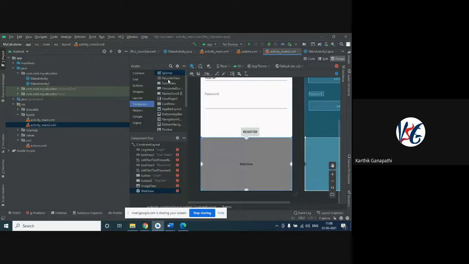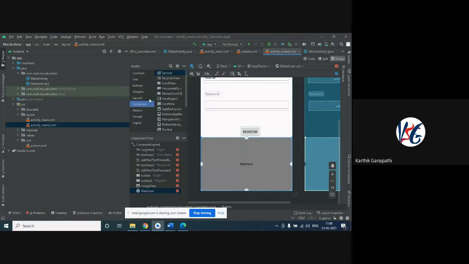Next comes the recycler view. As I explained, we just saw this in the common part. The recycler view is also a type of container where we reuse the same component instead of reassigning things. If we assign the code somewhere here, we can use the container somewhere again in some other code. That's what we are going to use it for. This recycling of the same code is going to happen.